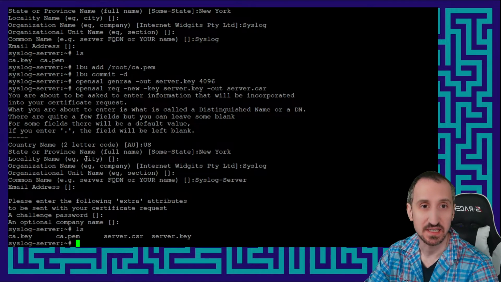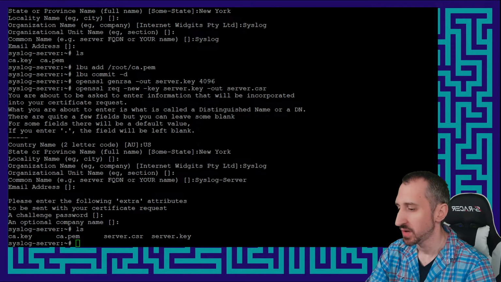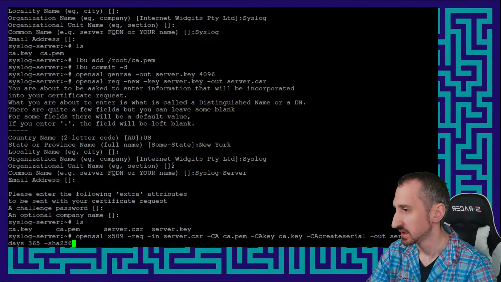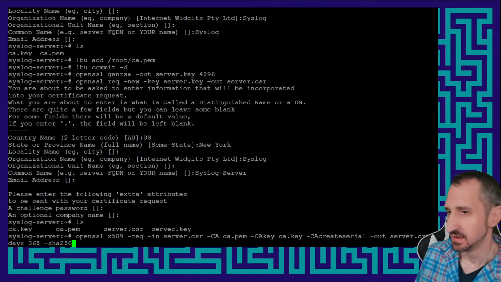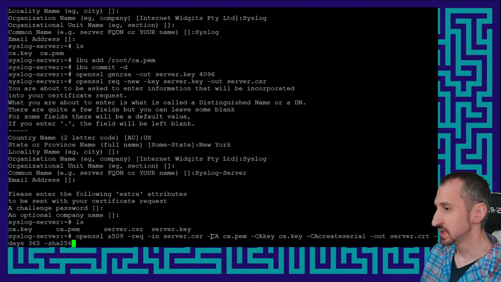So now we want to sign that CSR. Since we are on the server already, we don't have to transfer it for this, but we will for the client. But we want to sign that certificate signing request in order to get our certificate. So this one's a little bit longer than a line, so I'm just going to read it out really quick, but it's OpenSSL x509